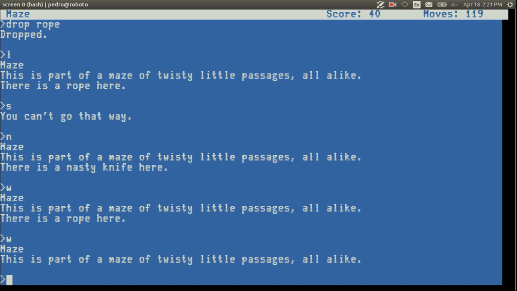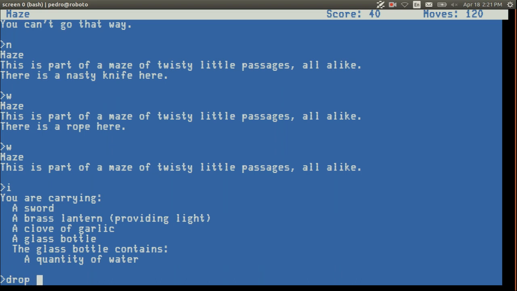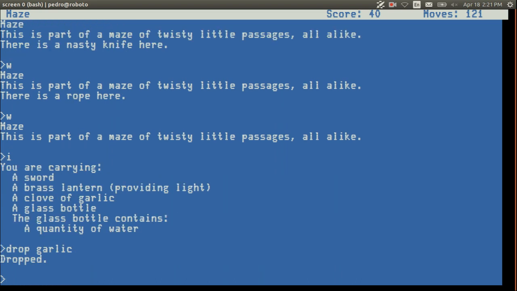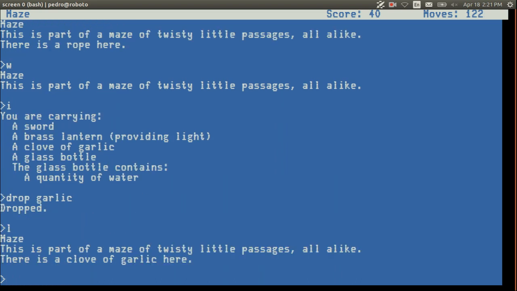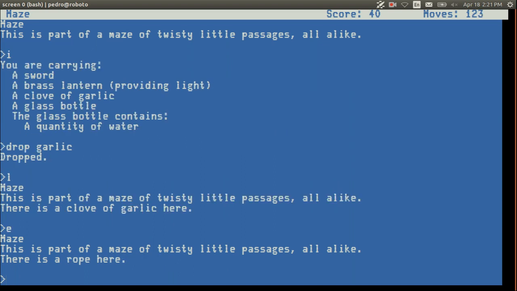Okay. So now we're in this new state. What would you like to do? Drop garlic. Okay. Can we check if this is a bidirectional state? What got us to the garlic room? Go east. So east took us back to the rope room, so it's bidirectional. Just draw two arrows on it and label it east.